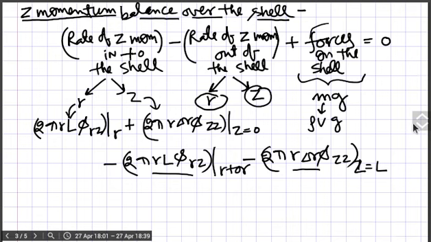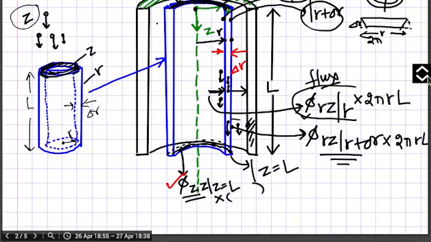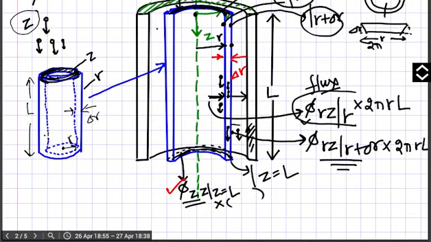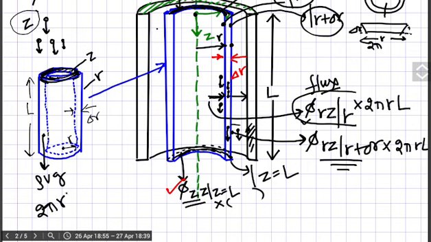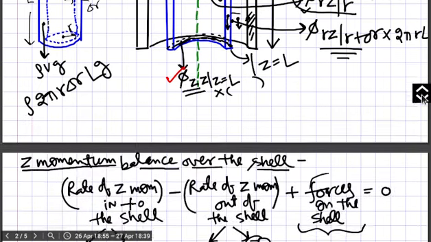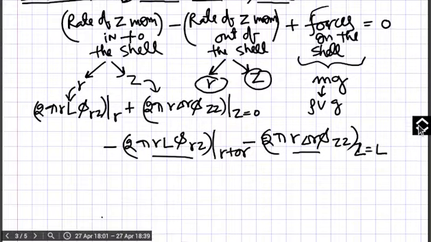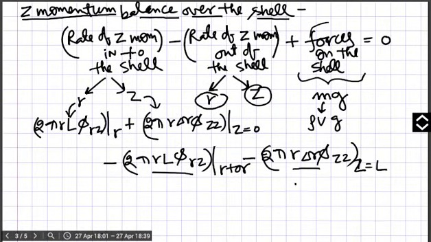So we need to find the volume of the cylinder here. Actually I mean this, that this is the gravity force that will act downward direction, so rho v g it is. And what is the volume? Volume you can find very easily, 2 pi r delta r is the area of this strip, and multiply this by length, you will get the volume, and multiply by density and g. So you can write this thing here, plus rho 2 pi r delta r into L g, and equal to 0. Forces are in balance.